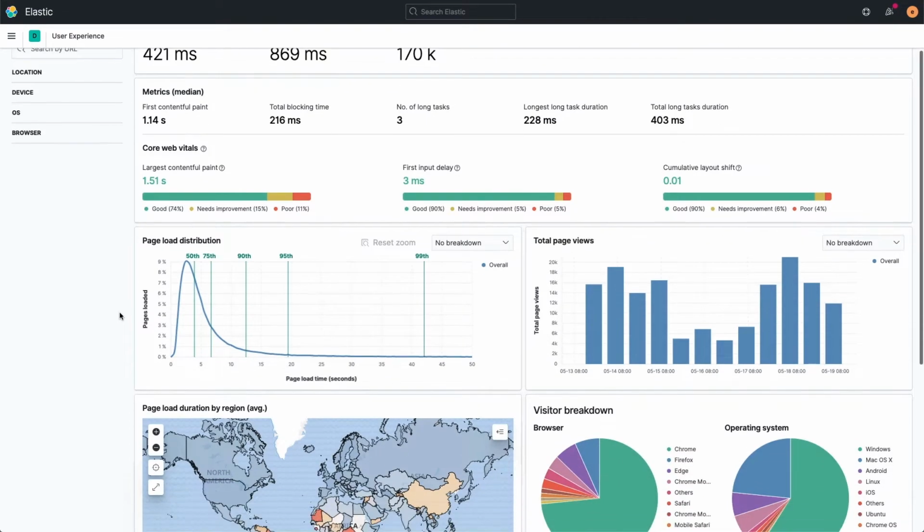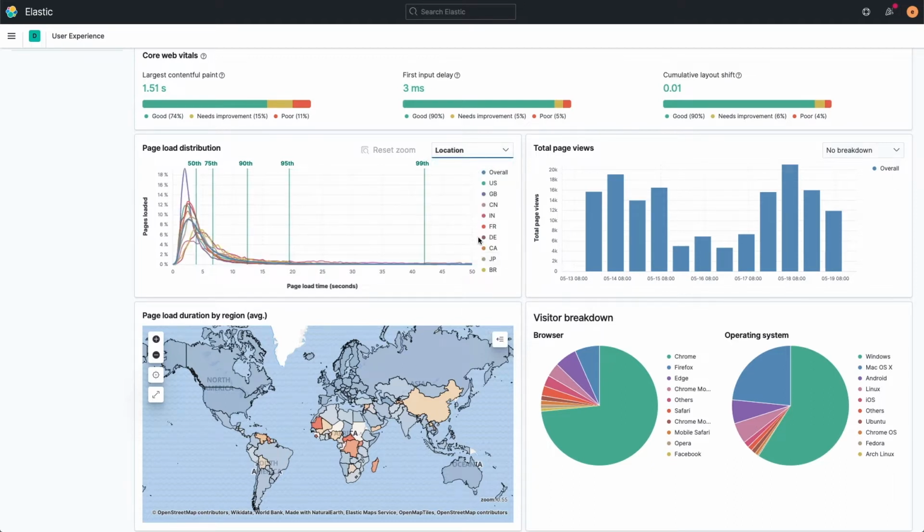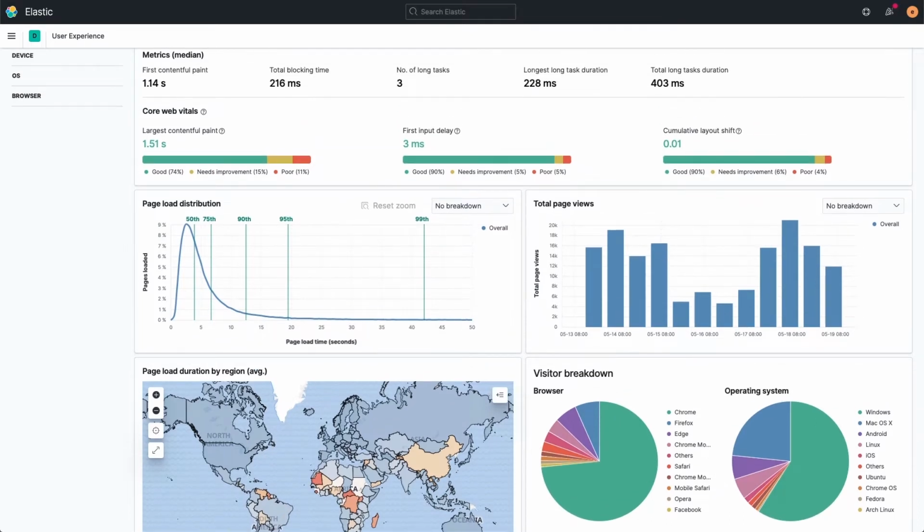Part of creating the best digital experience for your users is knowing what their experience is. Break down performance by client-side attributes and answer questions like, what are my users looking at? Where are they browsing from? What device or operating system are they using? And many more. Combined with information about the relative sizes of the cohorts, these answers help you determine where to